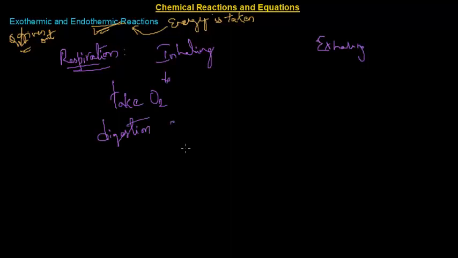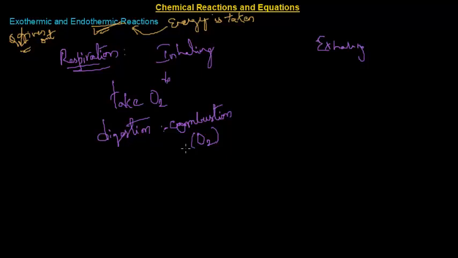Digestion is a combustion process. That means the food is burnt in the stomach in presence of oxygen. This is known as combustion. So what is happening? The energy required to stay alive is obtained from food we eat. How is this energy obtained?